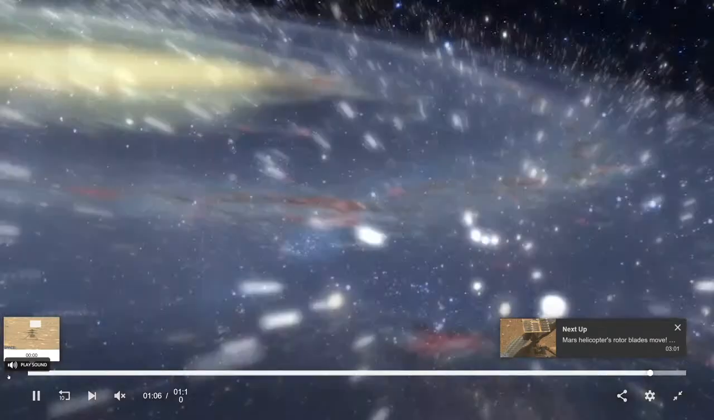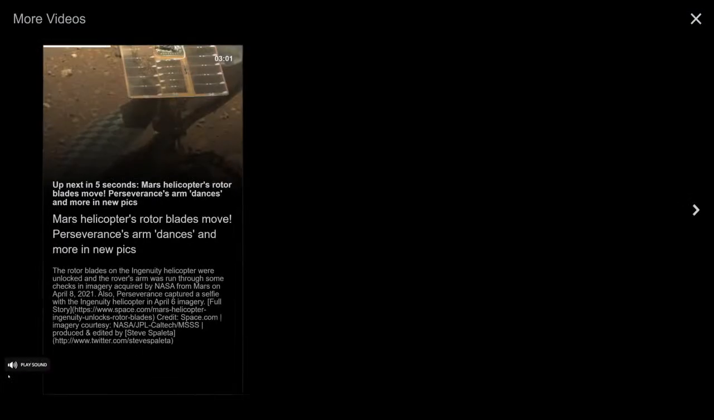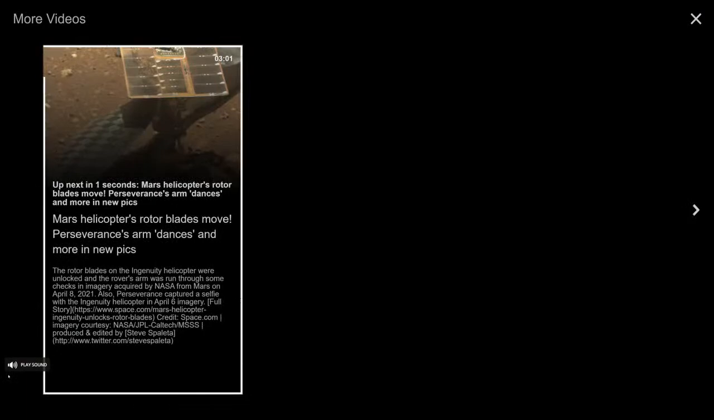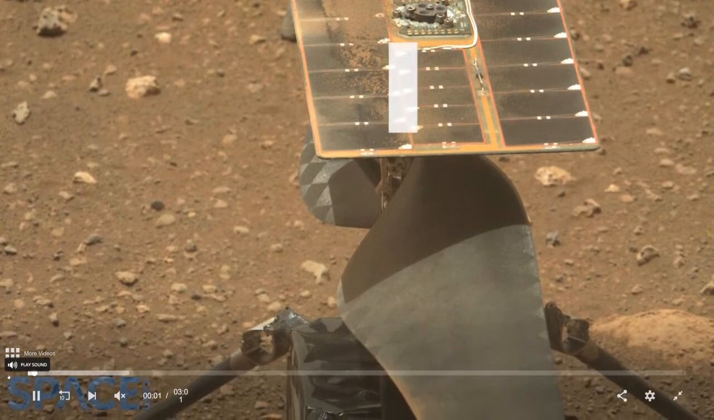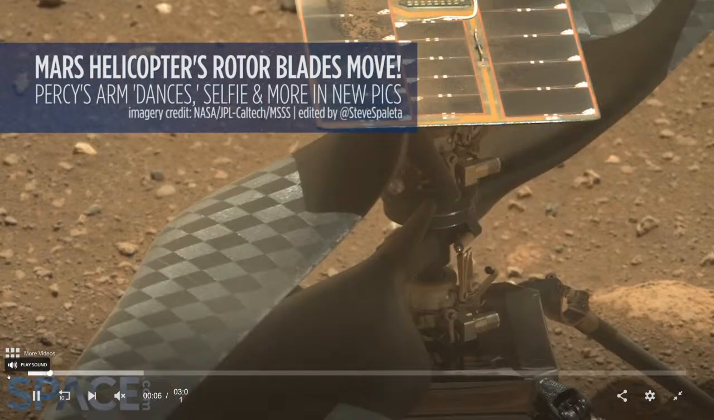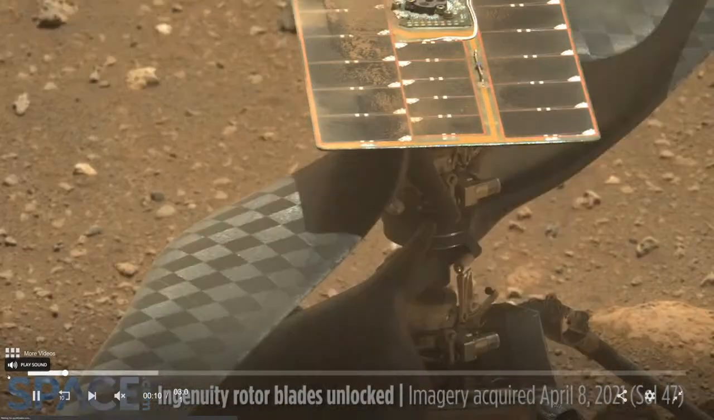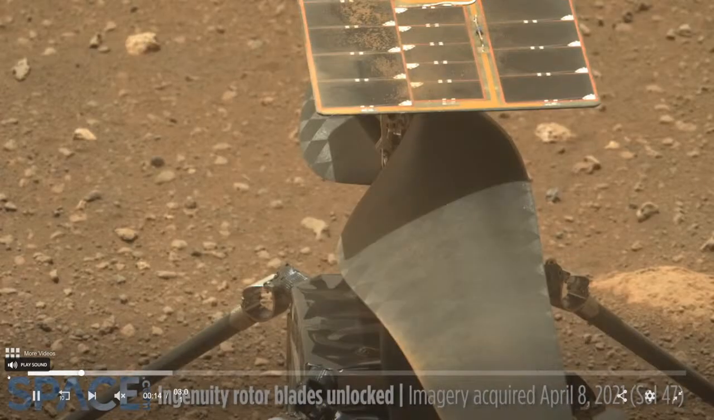So hopefully this little rover will lift off in the next week or two. If they are happy with its pre-flight checks, they will finally set up a flight day for this little helicopter. Not sure when that's going to be, but they have been doing all these tests. I do know that they had a